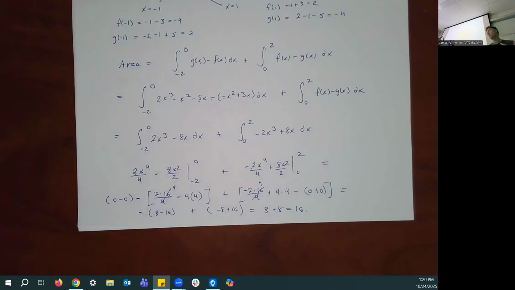So I'll say this again. If you only have two curves or two functions, you can usually get away without drawing it because you just have to find the points of intersection and then figure out for each interval which function is the top, which function is the bottom, and subtract the top minus the bottom. On the other hand, sometimes you don't just have two functions. Sometimes you have something more like, let's see,